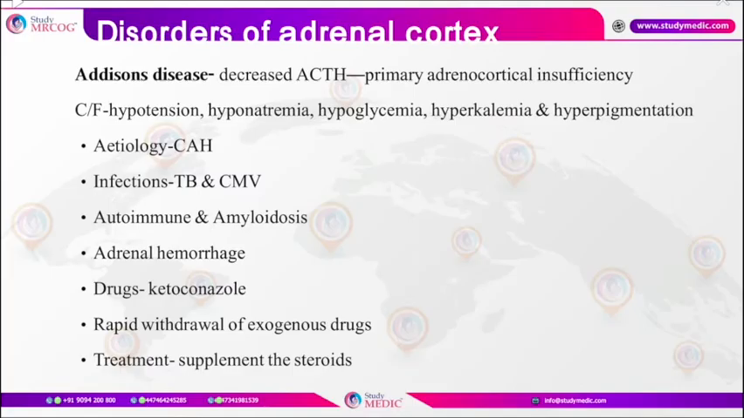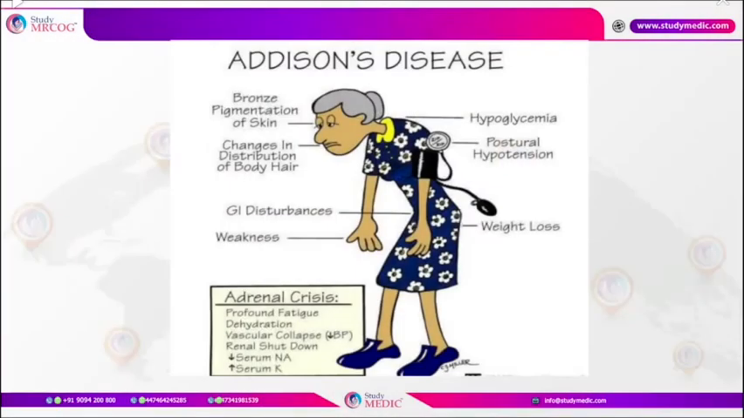Amyloid is nothing but a proteinaceous substance which gets deposited into the body. Adrenal hemorrhages could be one of the very important causes, and there are certain drugs which can provoke Addison's disease that include ketoconazole or rapid withdrawal of the exogenous drug, and the treatment is to supplement with the help of steroids. This is a diagrammatic presentation of Addison's disease where you could see the very pronounced